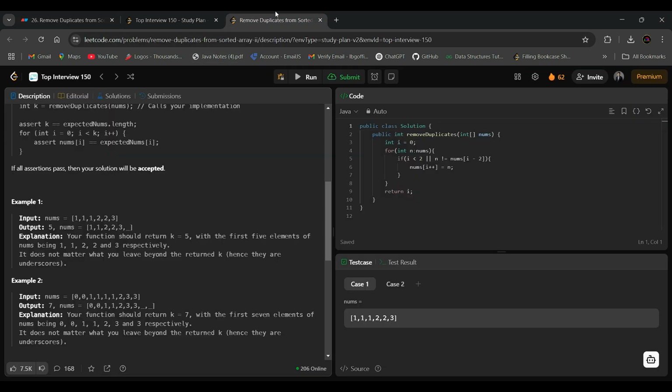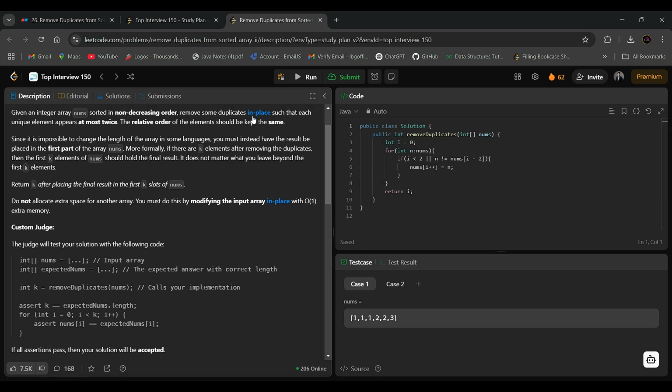Now let's see the code. First of all, we initialize int i equals 0, and then make a loop: for int n in nums.